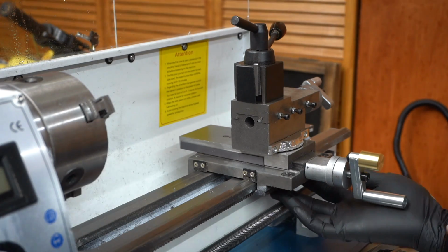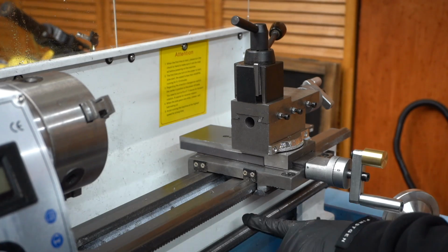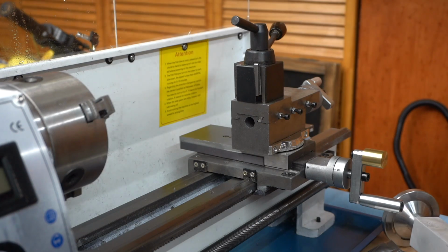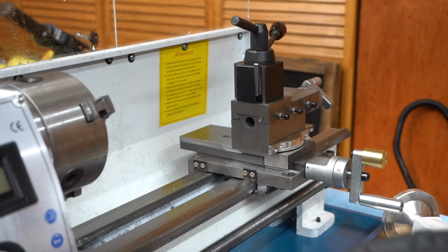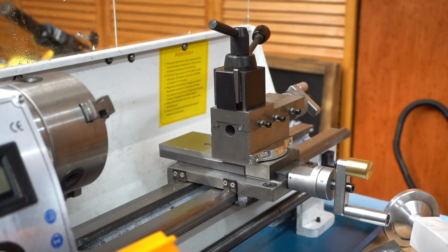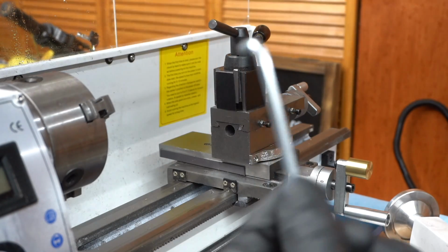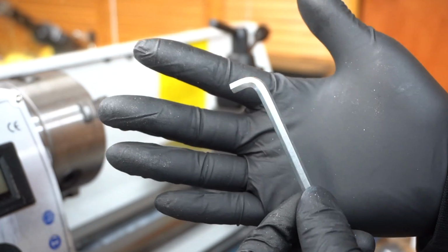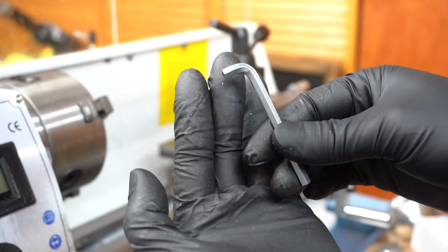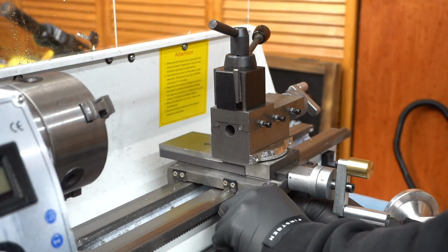And I think with the Allen down here that holds this saddle in place, it's so close to the feed screw that I remember I actually cut an Allen wrench shorter just so I could fit it in there. So let me take a look here. Should have it in my Vevor toolbox. I mean, I'm pretty sure everyone has a bunch of these little Allen keys everywhere that comes with almost everything you buy that needs assembly. So all I did was just cut this end a little bit shorter, so then I could fit it under here. So now